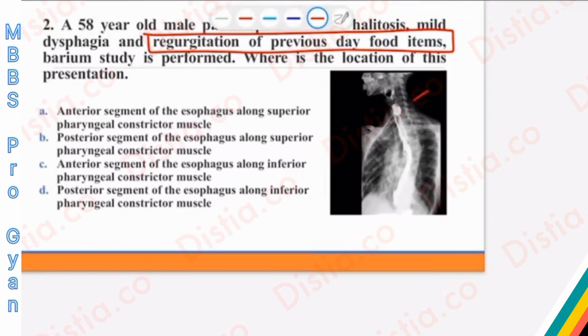So step one would be to identify that there is definitely a pulsion diverticulum. This pulsion diverticulum is Zenker diverticulum, and now we need to tell the location of Zenker's diverticulum. Well, the esophagus is weakest posteriorly. That is why the moment I read the word anterior segment of the esophagus along the superior pharyngeal constrictor, I'm ruling out option A of anterior segment and similarly option C because both are going to talk about the anterior segment, whereas Zenker is usually seen posteriorly, or as I said, the majority of esophageal defects are seen posteriorly. It's going to be the posterior segment.